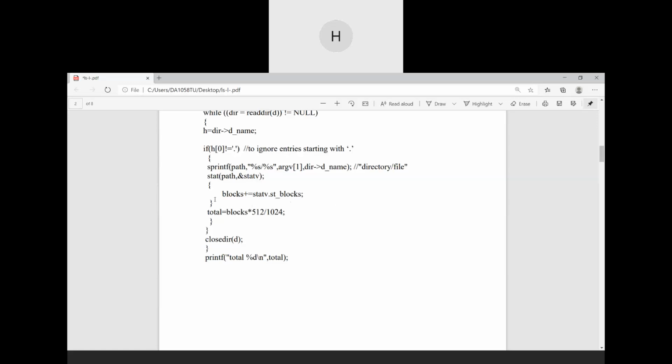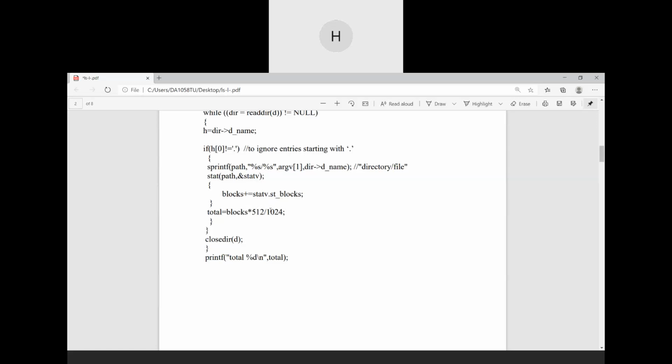So this calculates the total blocks. Every time the loop runs, the number of blocks in the particular file is added to the sum of the total blocks, which will be calculated over here.